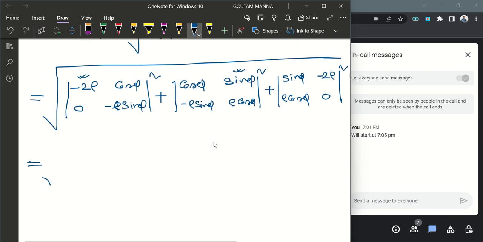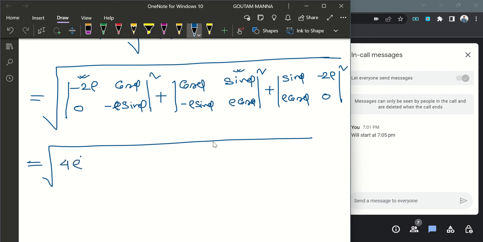Now if you calculate it, it will be rho to the power 4 sin square phi plus (rho cos square phi plus rho sin square phi) squared. If we take rho common, rho square comes outside the square, and cos square phi plus sin square phi is 1. So it will be simply rho square